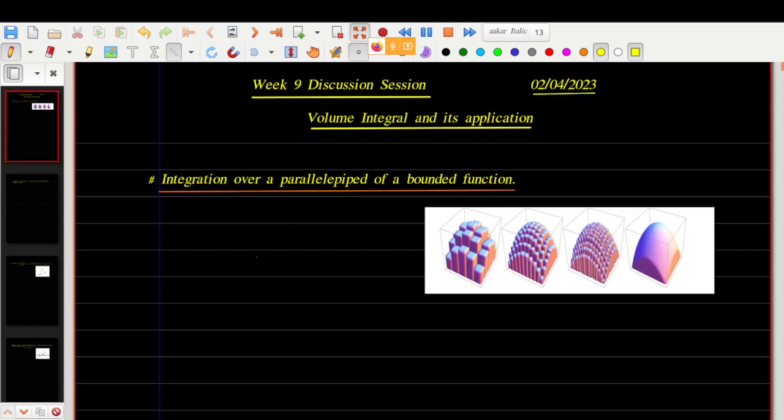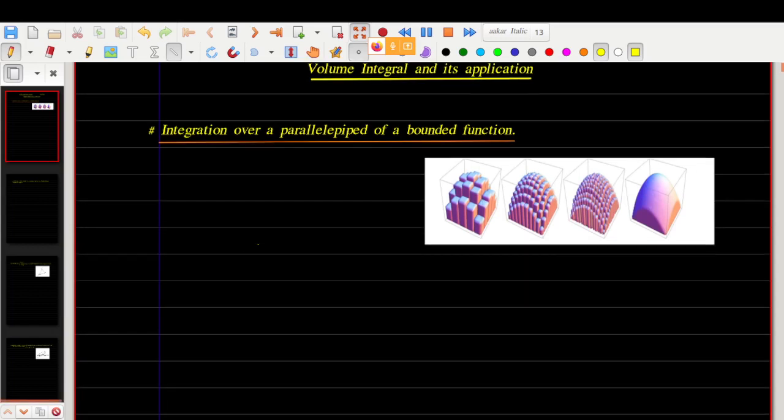So we shall first start with the basic motivation for the volume integral. So we have seen the line integral and the double integral. So now we shall see integration one by one. First is the integration of a bounded function over a parallelepiped. That is, a parallelepiped is given by